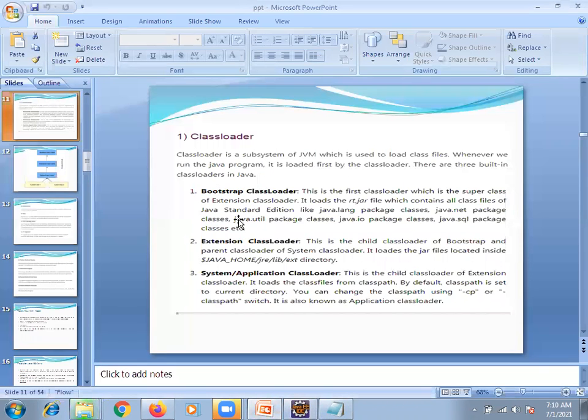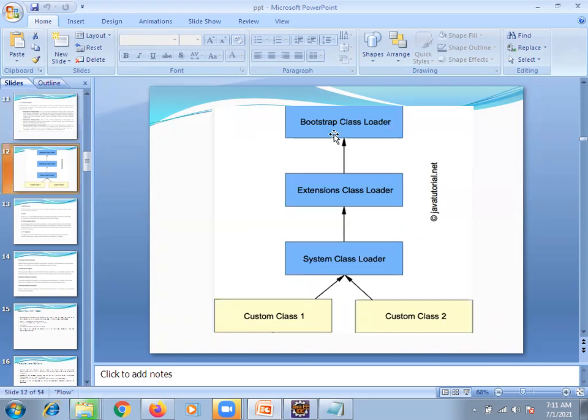Now from Bootstrap. Now coming to extension class loader. Let us assume these two jars were loaded. Now finally our classes, whatever program we are running, the application or system class loader will load them and give them to the extension and Bootstrap class loader. These two are going to take care of allocating the JVM memory. See how the class loader is loading.